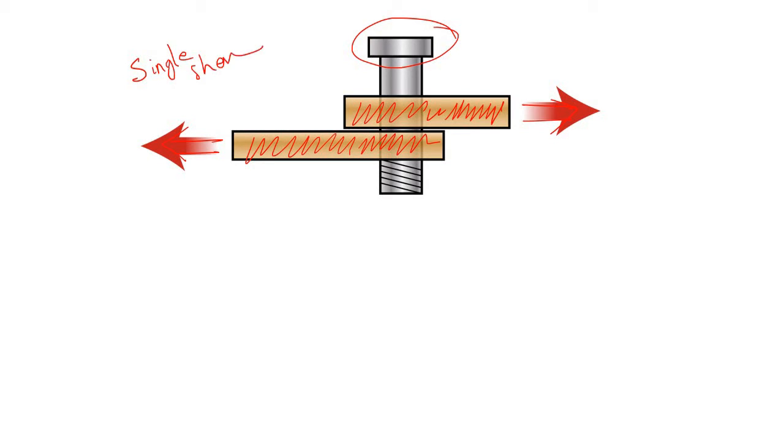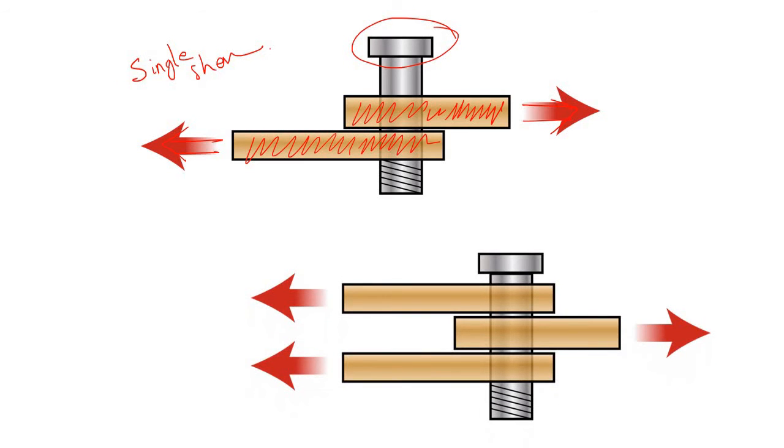Got it? And there are also cases where we have this type of situation. Here you can see that to counter this one plate we have to use two plates. This is one plate and this is another plate. So we are using a single bolt to connect three plates consecutively. This is the tensile force and these are the reactive tensile forces acting in these two plates that are being used to counter this single one. This case is known as double shear.